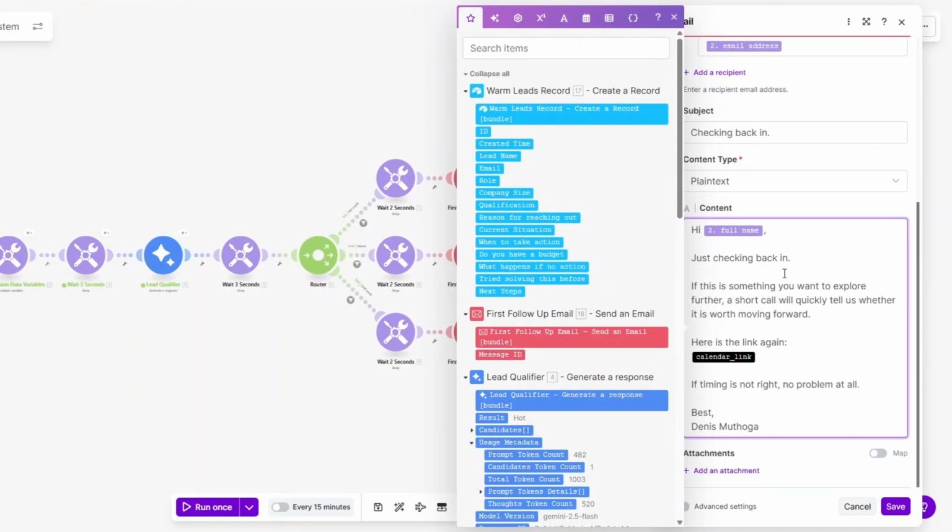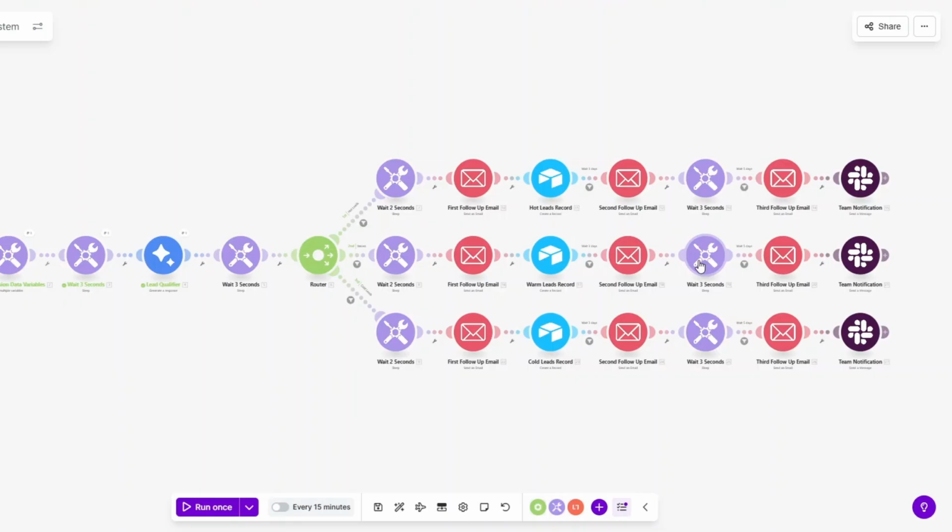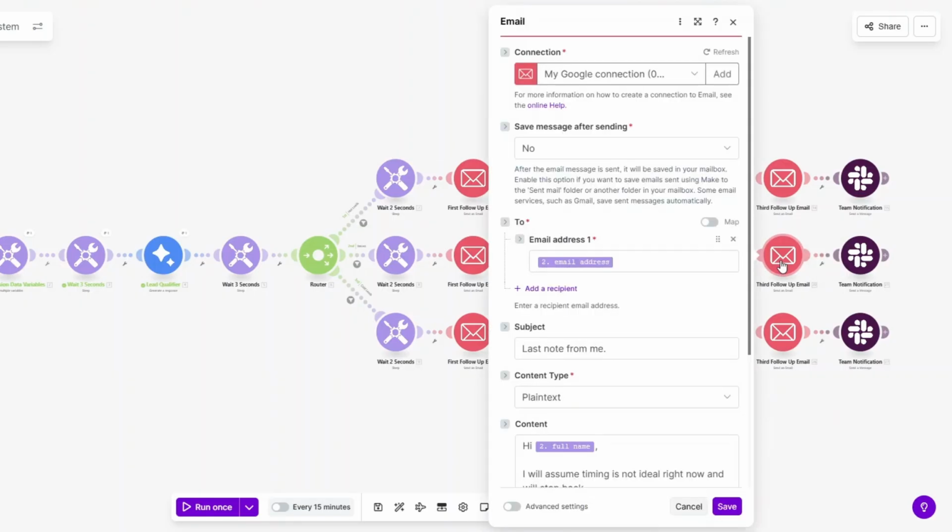name. Just checking back in. If this is something you want to explore further, a short call will quickly tell us whether it's worth moving forward. Then here we're linking the link to our calendar for them to schedule a call. And then we're concluding the email by saying, if timing is not right, no problem at all. Best, Dennis. Then we're going to wait another 5 days to send them the third follow-up email